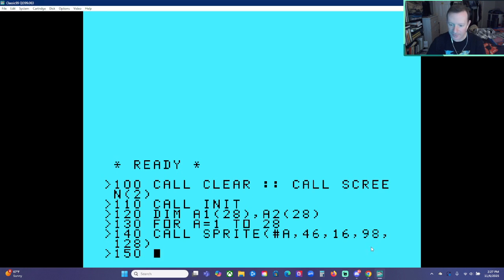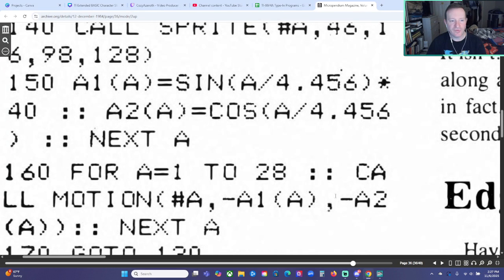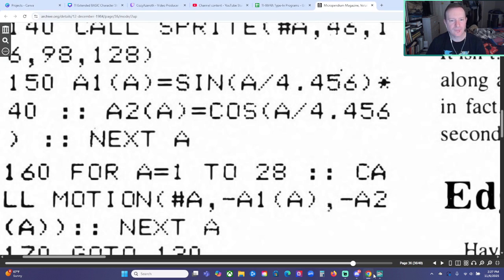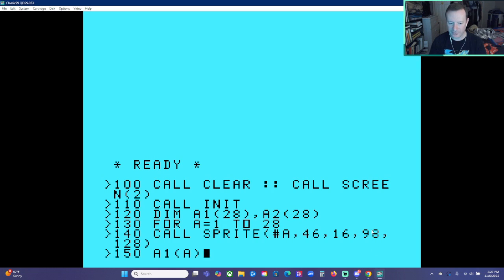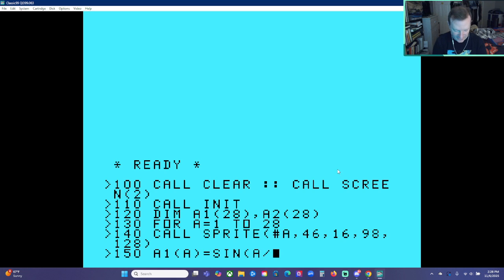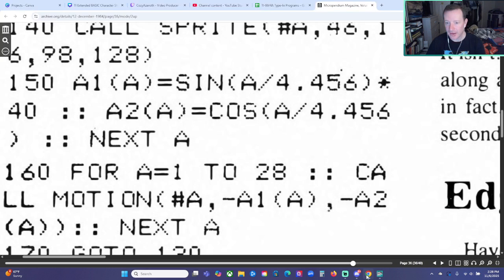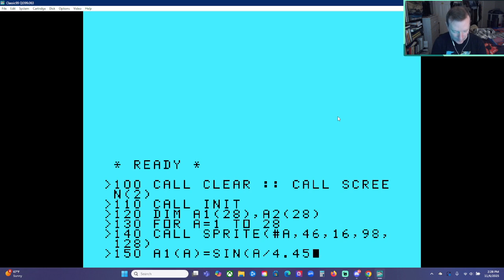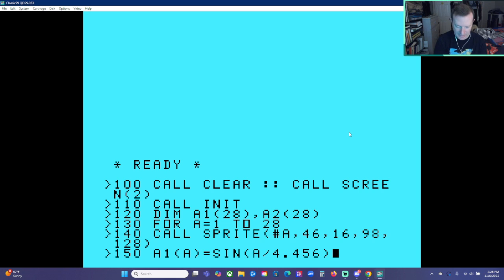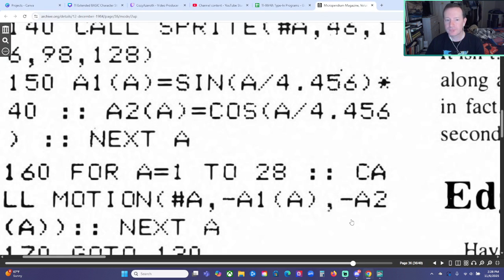It's not a very long program, this is very short. 150 A1(A)=SIN(A/4.456)*40